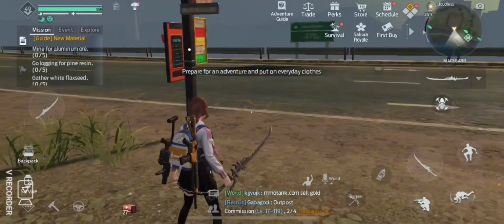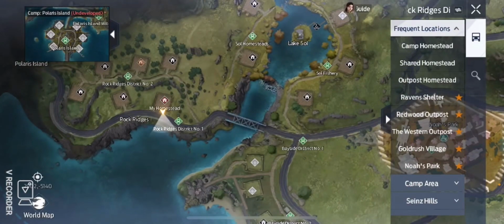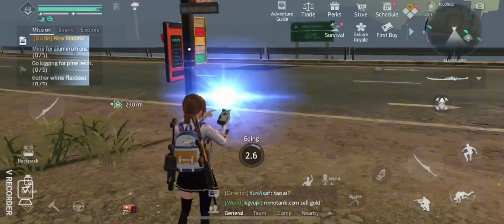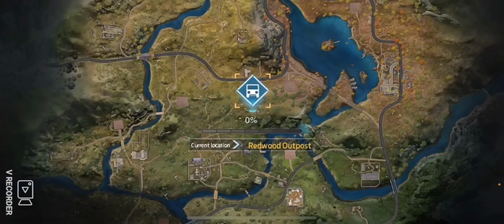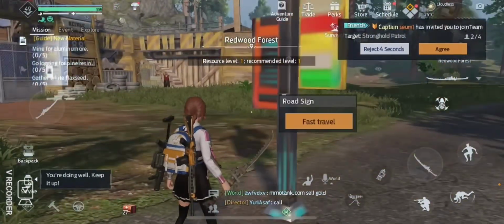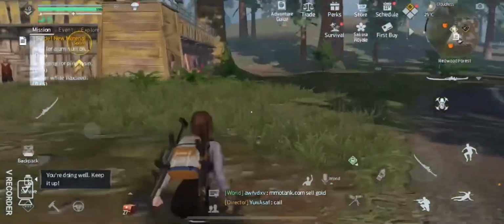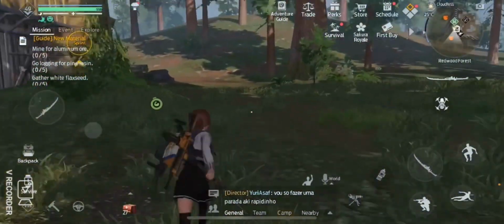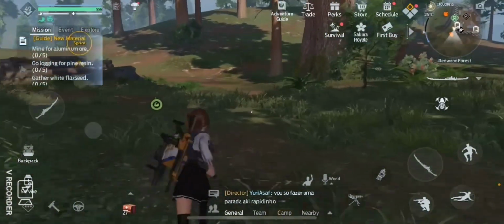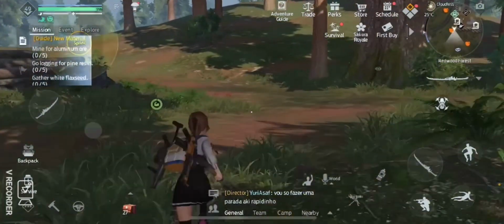I'm going to go, I can just do it this way, to redwoods. Do that later. Okay, so if you come over here to the left of redwoods, you'll start seeing things pop up on the